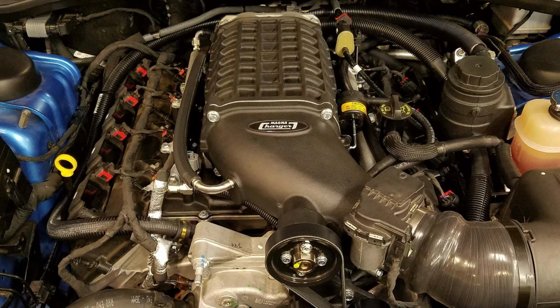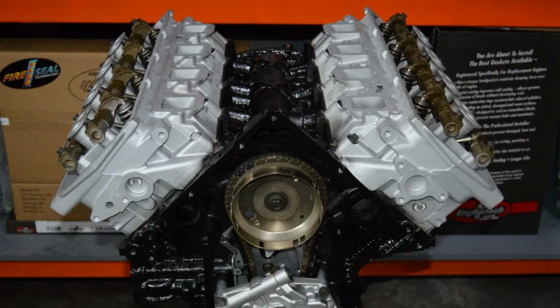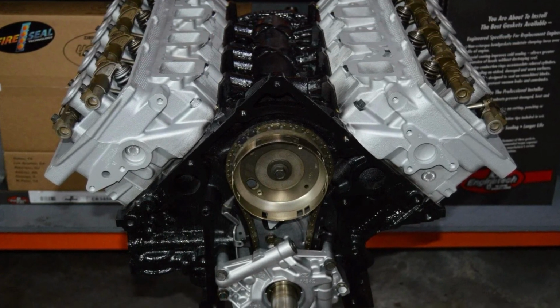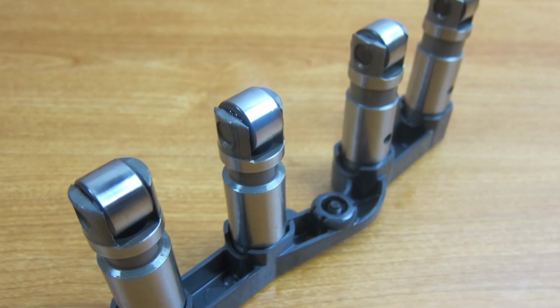The 5.7 Hemi engine is one of the last bulletproof V8 machines on the market, but even though it's extremely reliable and good to drive, it still has a very unpleasant common problem with lifters. If you mainly drive your vehicle in city traffic at low RPMs and also let the engine idle for long periods of time, there is a high chance you will experience so-called Hemi ticking, which is the first phase of